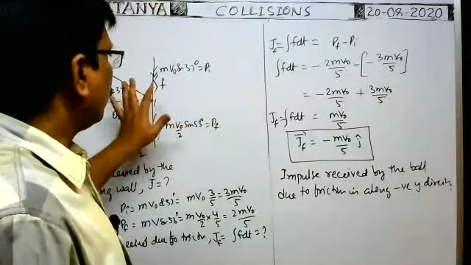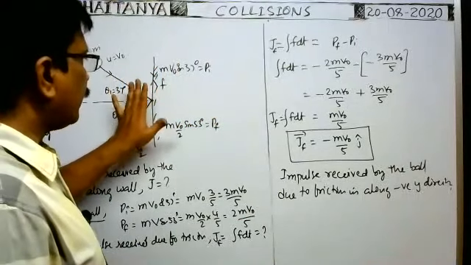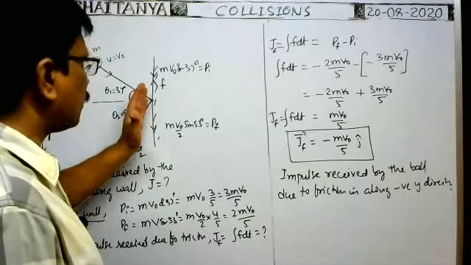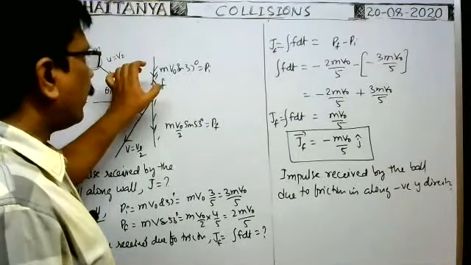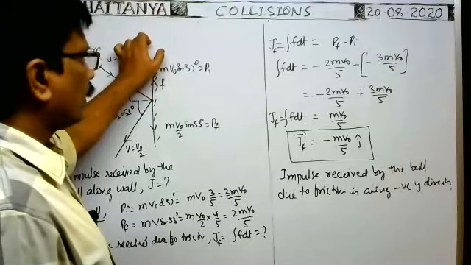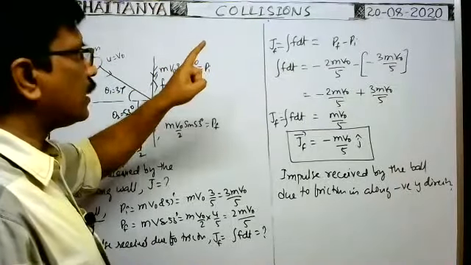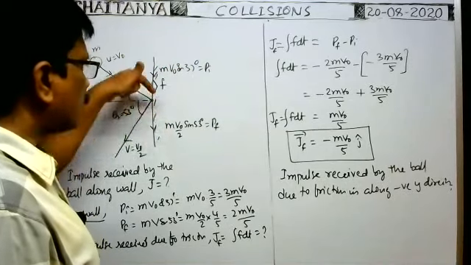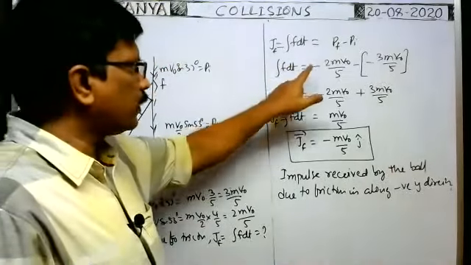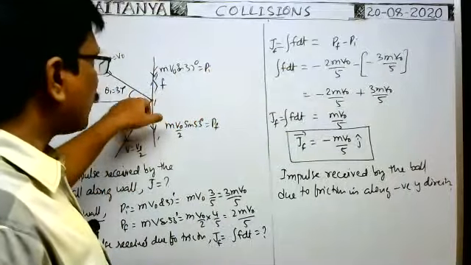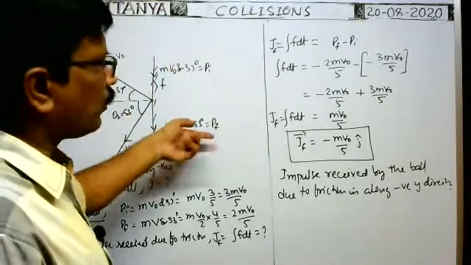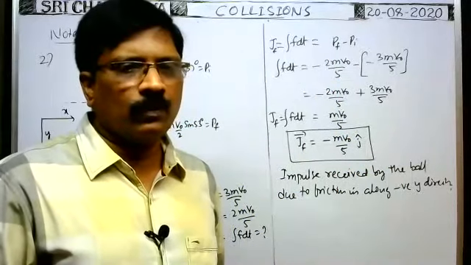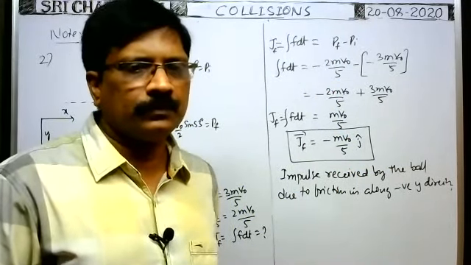You see, the impulse received by the friction is definitely along this direction. Momentum decreases. That's why friction must be in the opposite direction. That's why the impulse due to friction is in the upward direction. That is equal to the change in momentum, Pf minus Pi. The impulse received by the friction is in this direction, whereas the final momentum is in the opposite direction. That's why I have substituted a minus sign. The initial momentum is also opposite to the impulse received by the friction, so that is also minus. Okay, Varshit ready? Right.